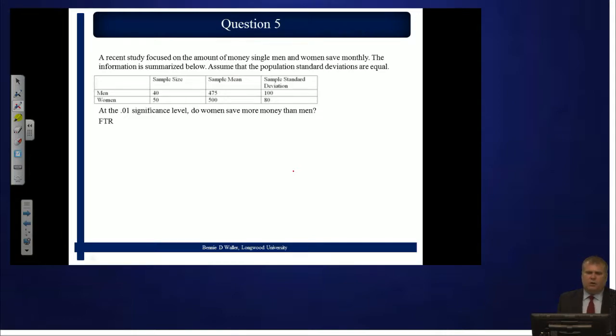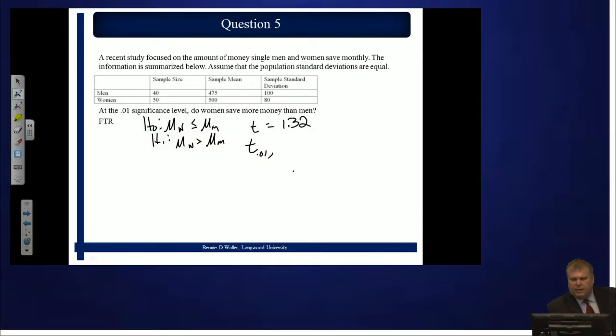Looks like this continues on. At the 1% level of significance, okay, well, you've already got the answer. All you've got to do is solve it now. So we know we've already set this up. We did our pooled t-test, and we solved it back two questions ago to be 1.32. The calculated t is 1.32. The t at 1%, 88 degrees of freedom, is